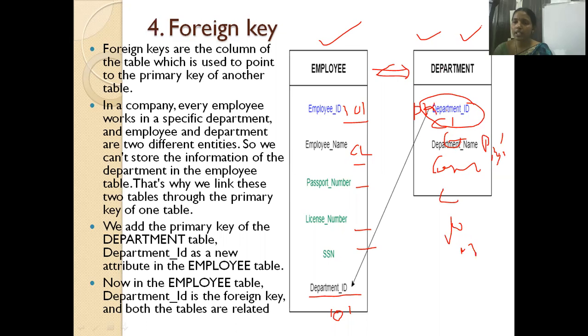So this primary key of one table is acting as a foreign key in another table. So this department ID in this table is called the foreign key. So this is a main important topic. One of the primary keys of one table will act as a foreign key in another table.